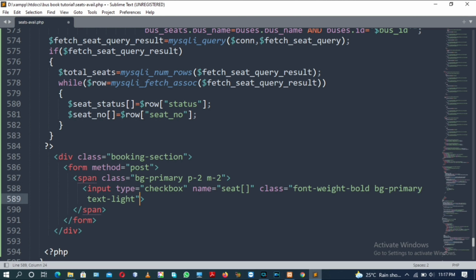And the value for this input tag will be L1, as a seat number. And now there will be the closing of the span tag.